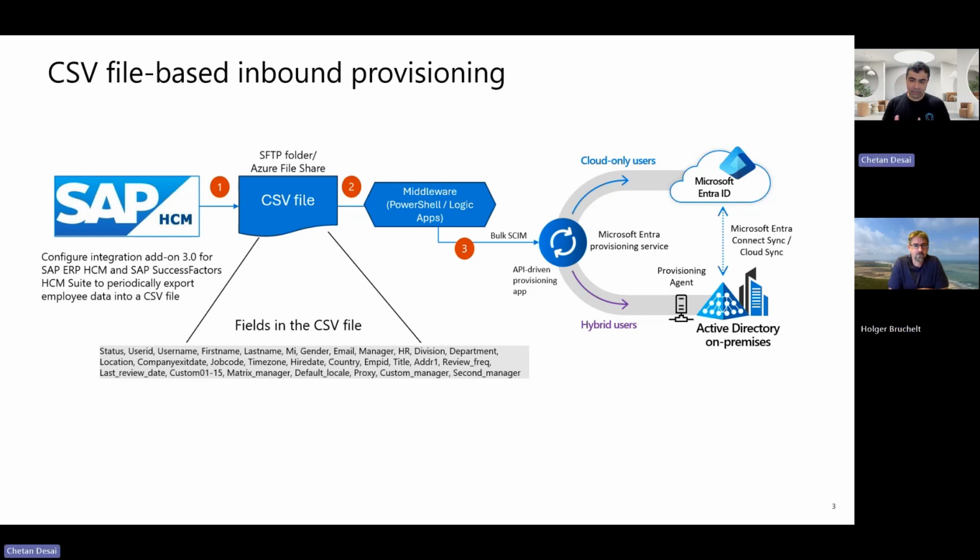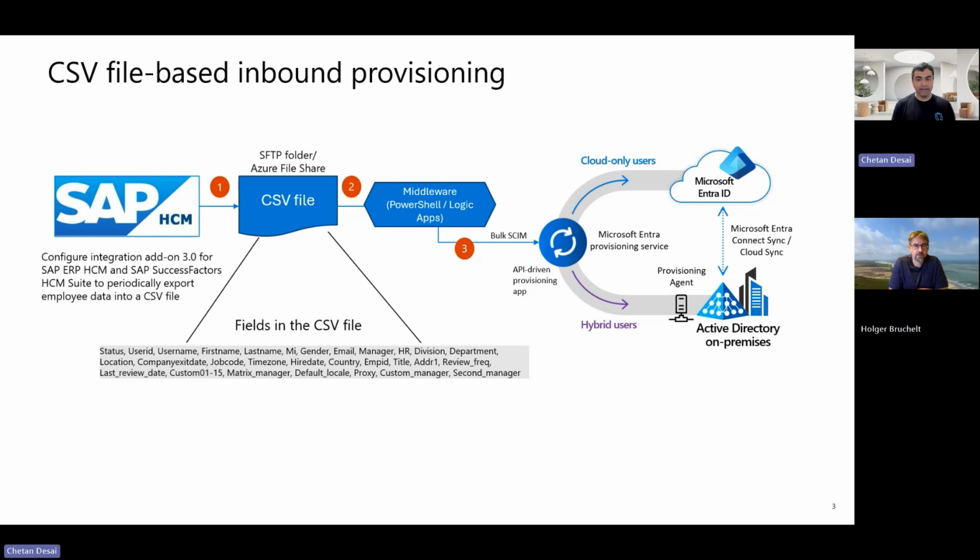So yeah, it covers both scenarios. The control is the separation of duties, which is really well defined. Your IT team could configure this provisioning endpoint and hand it over to your shared services team, who's probably implementing this middleware logic. All they have to do is parse the CSV file and convert the data into SCIM format. SCIM stands for System for Cross-Domain Identity Management. You use that to send data to this endpoint, and then it will be processed, and you can check the details of processing in our provisioning logs.